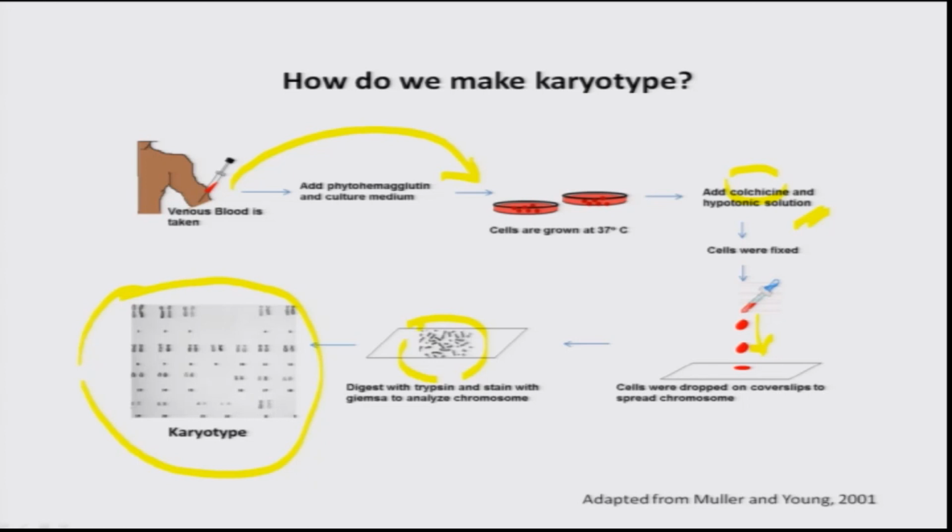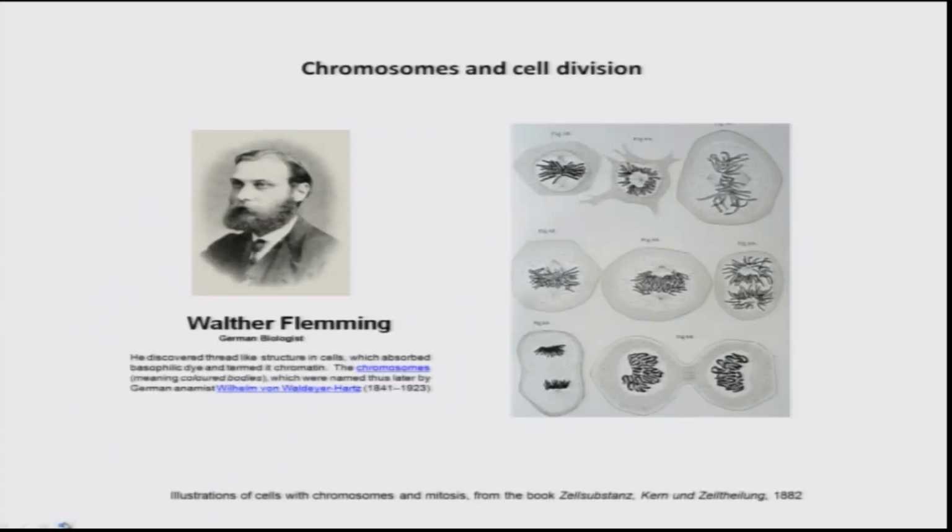You can take an image, cut out the chromosomes and sort them based on size. So, this really helped us in the 50s to understand that the two sexes of Homo sapiens, male and female, are determined by the X and Y chromosomes. That is why they are called sex chromosomes. But the chromosomes and their dynamics during cell division were understood much before